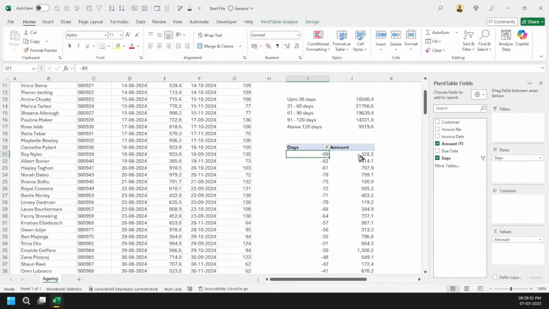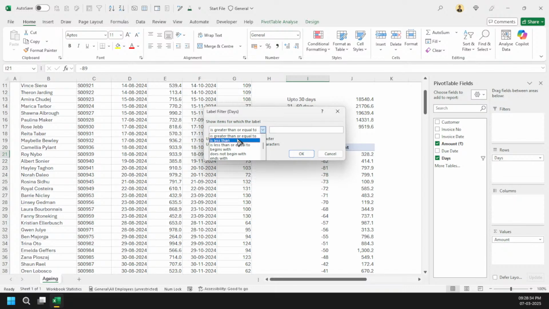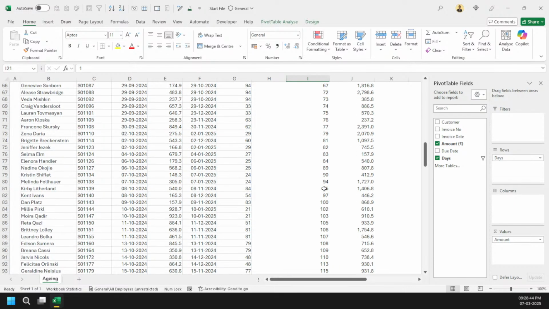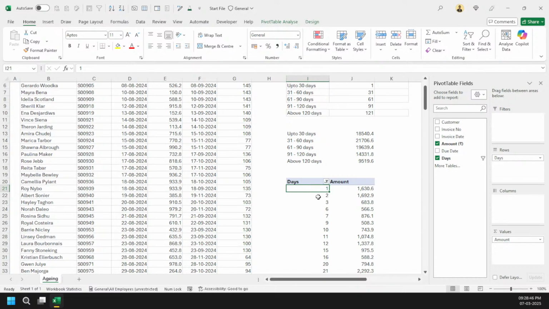Label filter greater than, or I should actually say, I want only those values which are greater than zero. So that's the whole idea. Now I've got at least this much perfectly fine. Now what can I do here? I'm coming here, group the values, and here I will say that I want to group them on 30 basis, right? The moment I do that, and my first value should be, you can see, first, and my last value should be 90.